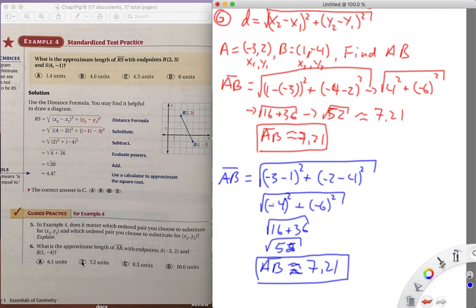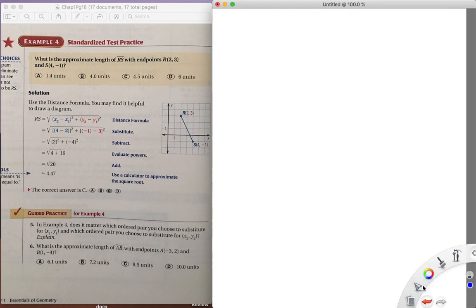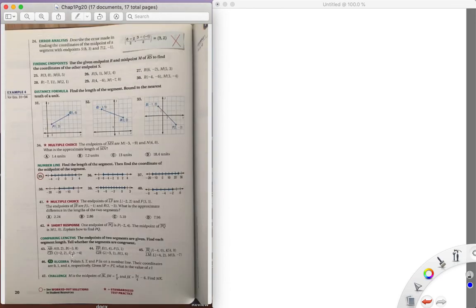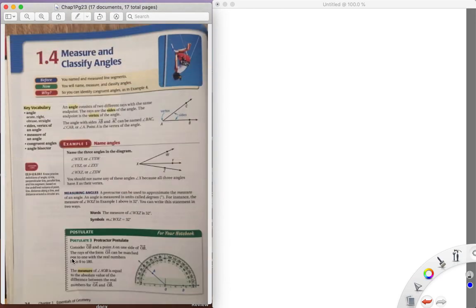So the answer for 6 would be B, both ways around. They rounded to the nearest tenth. Okay, that's 1-3. Then we have 1-4, classifying angles and